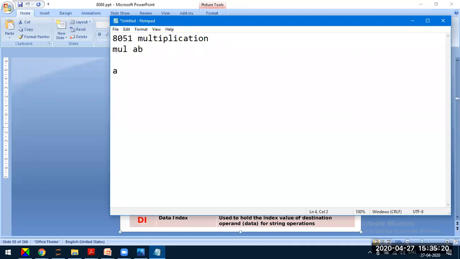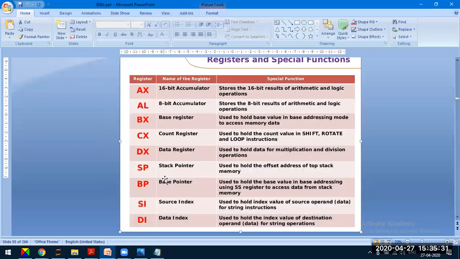A holds the lower byte of the result and B holds the upper byte of the result. Similarly in 8086, when multiplication and division operations are performed, DX is also used to hold the additional result.